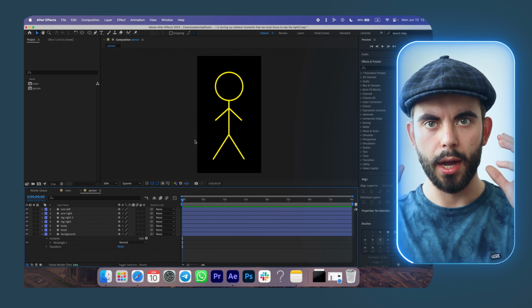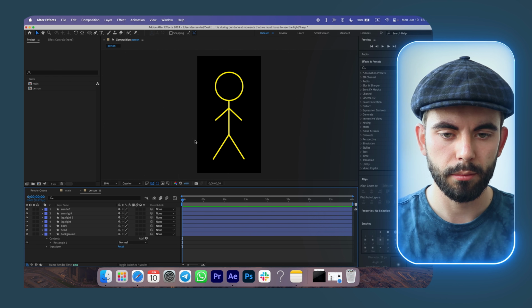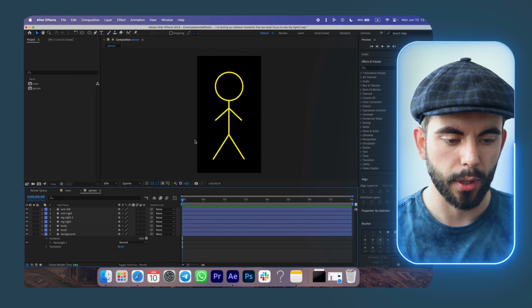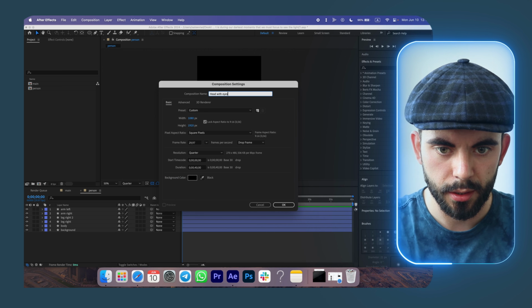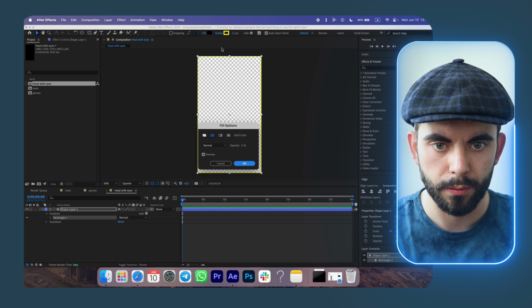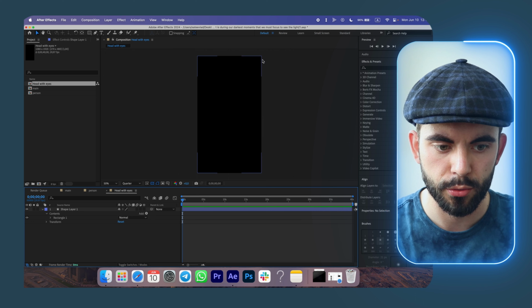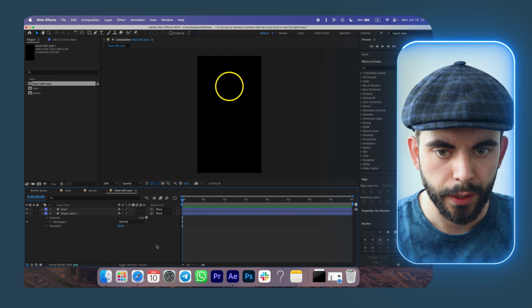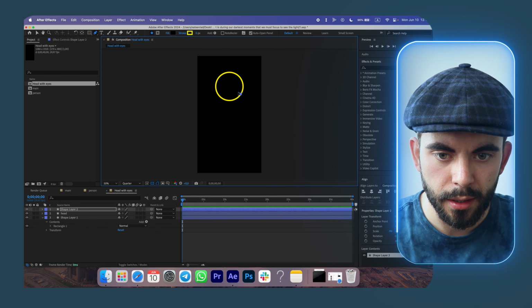Now we need to create eyes, as I told you in the beginning of the video. This is a little bit challenging. I don't know how to do it, so we'll just try to do it. What we can do is we can take head, Command X, and then we will create another composition, head with eyes. We'll create a background, fill to 100 so that we see it, stroke to 0 to get rid of the stroke. And now we'll put the head here, and here we can make a drawing to make his eyes